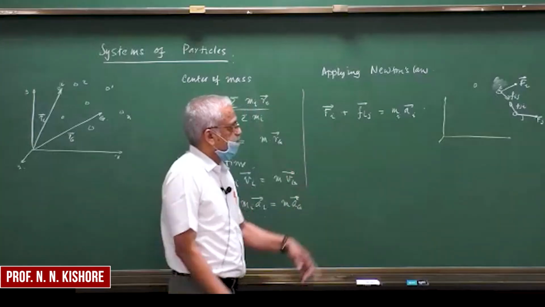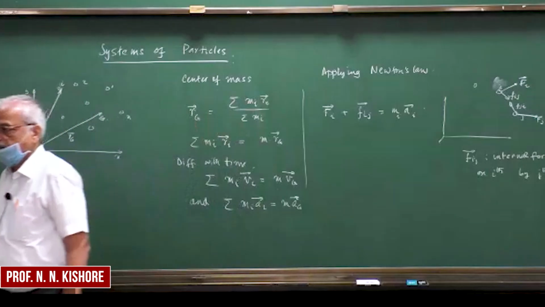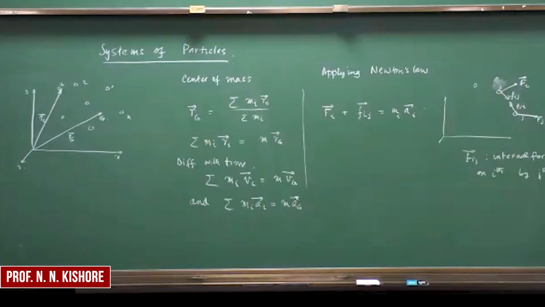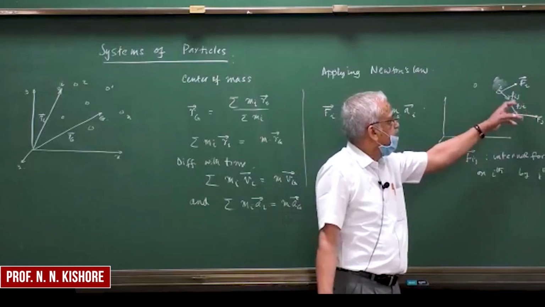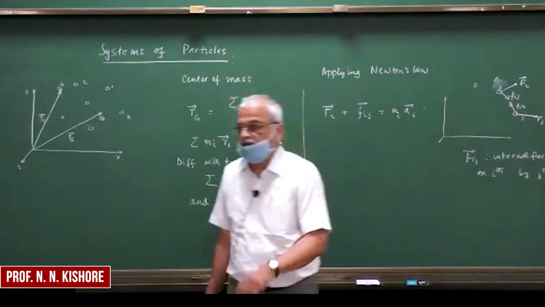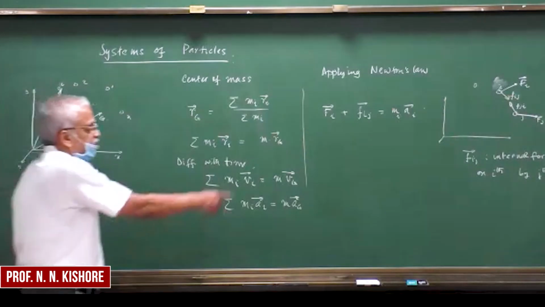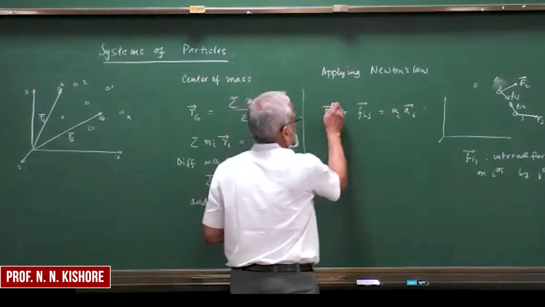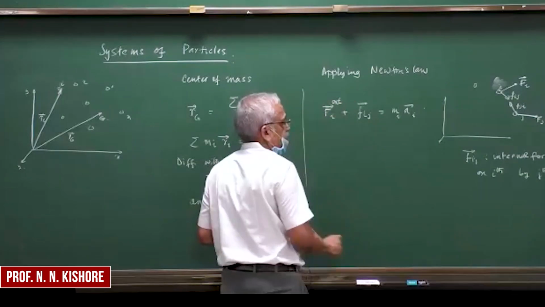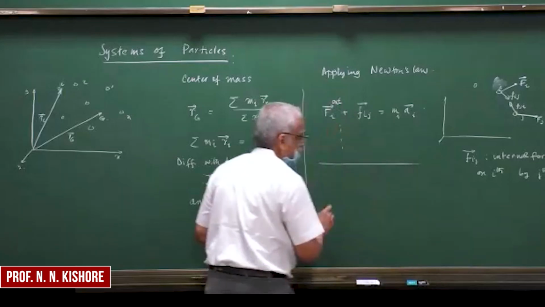So what is Fij? Fij is anything. It can be attraction, it can be repulsion, it can be any force between the particles. The only thing we are saying, applying it to our solids or even fluids, is that this internal force is equal and opposite between the particles. So this is the external force and the internal force. So if you sum it up over all the particles,